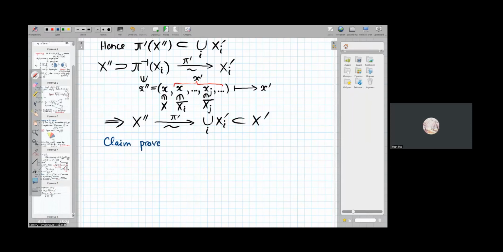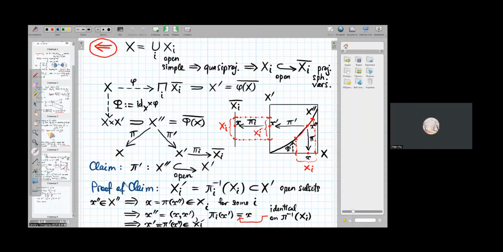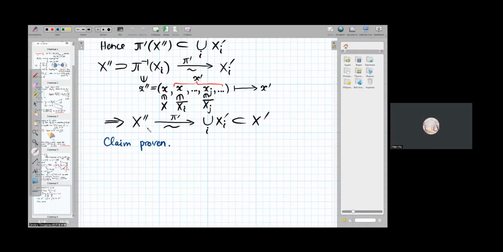We claimed that pi prime embeds x double prime as an open subset into x prime. And here we see what this open subset is. It is this union. And this is an isomorphism onto this open subset. Well,